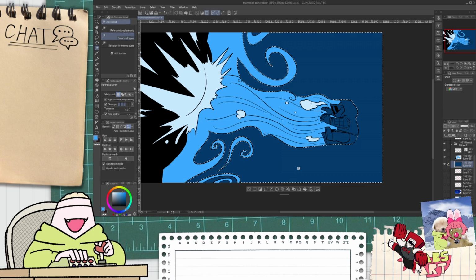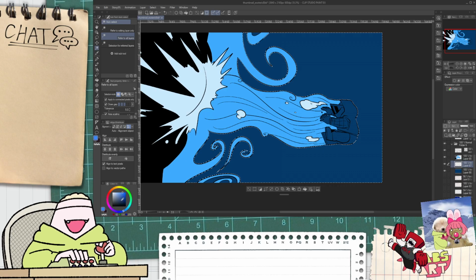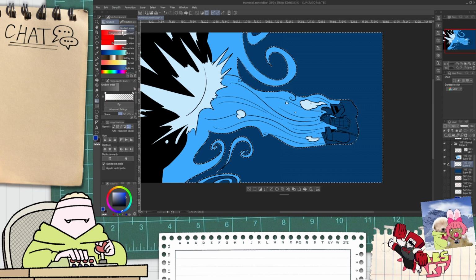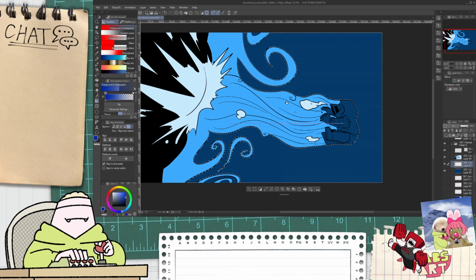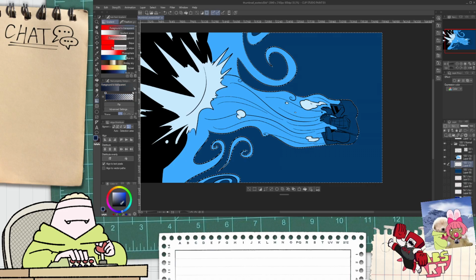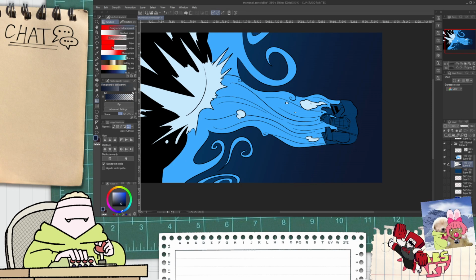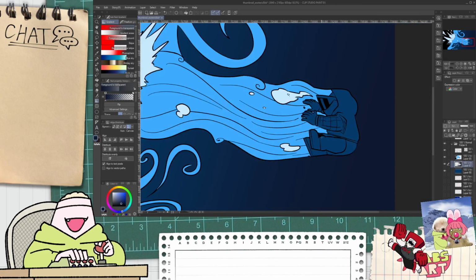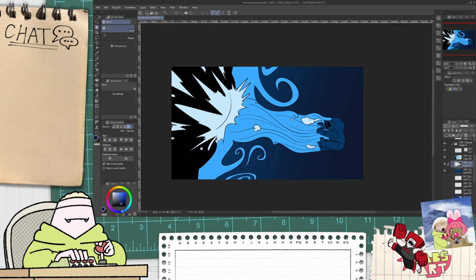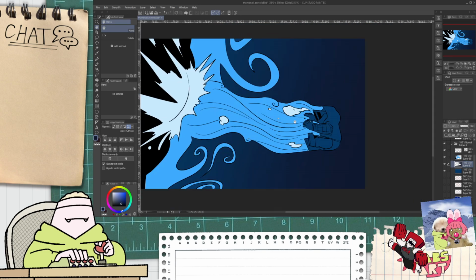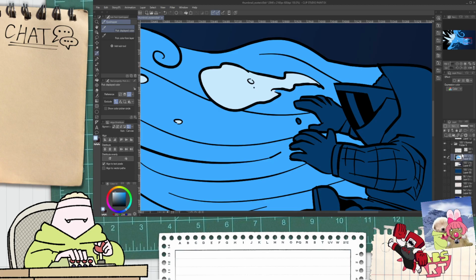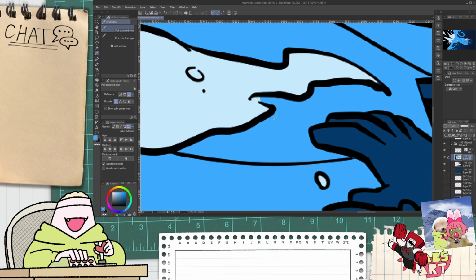And then maybe as it goes further down and deeper, we can then kind of color shift it to this darker blue. I think that looks pretty good, honestly. I don't know, I'm liking that.